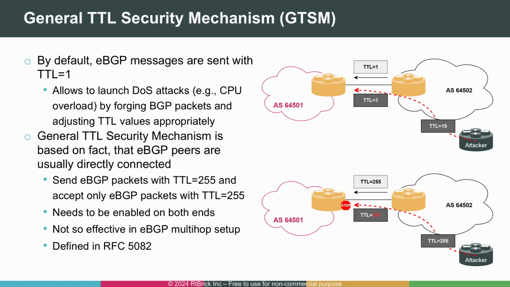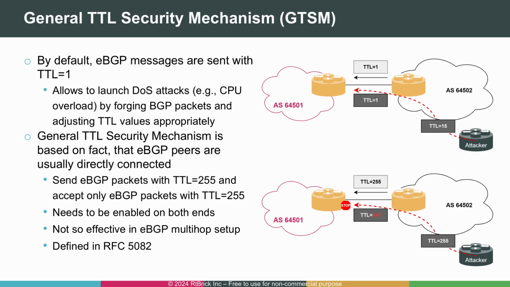Generalized TTL security mechanism helps prevent this type of attack by leveraging the expected TTL behavior between eBGP peers. Here's how it works. If a BGP router sends its messages with a TTL value of 255, and the receiving router is configured to only accept BGP messages with TTL value of 255, then it becomes nearly impossible for an attacker to spoof those messages from a distance. Why? Because TTL values decrease by 1 for every hop. So unless the attacker is directly connected, the message won't arrive with TTL value of 255 and the router will